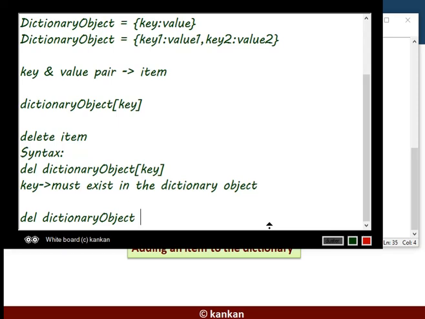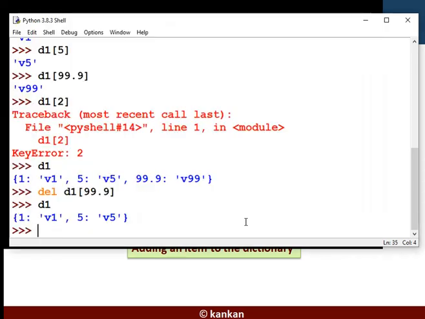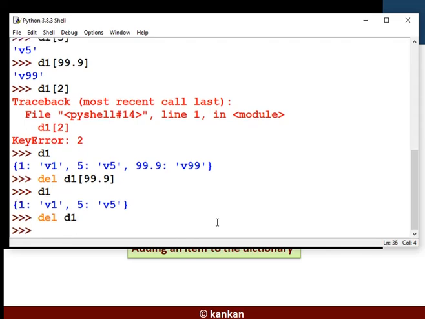Okay. Before doing that, you must be aware that the object will also be deleted. If it is required, you will not find it further. Okay. I would like to delete the object D1 right now. So it is deleted.